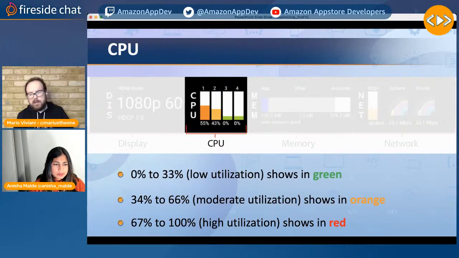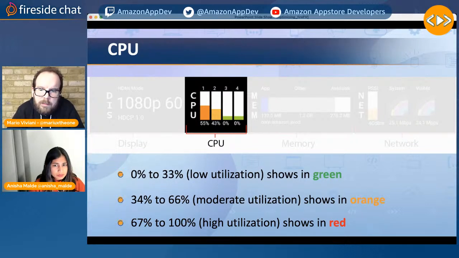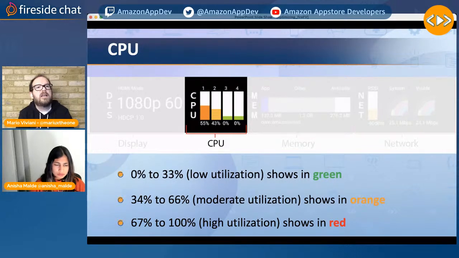I think the thing that I wanted to double click on is about the CPU usage, which is something that is, I would say, not uber intensive usually for media and entertainment applications, but is very important for game developers. The Fire TV devices like the Fire TV Cube are slightly more powerful. So on these devices, running very demanding 3D games is not a problem. However, on the lower end Fire TV Stick devices, and in particular older models like those that run FireOS 5 or even earlier,